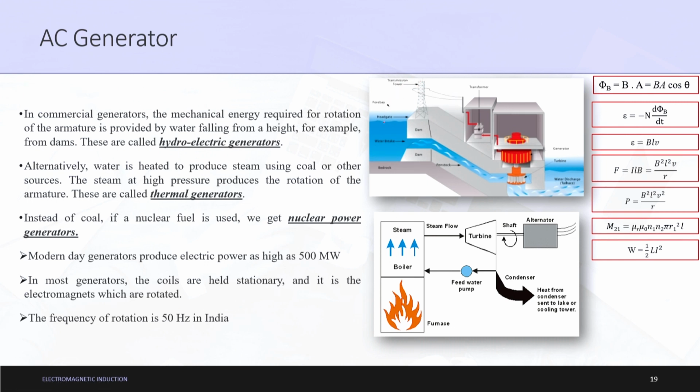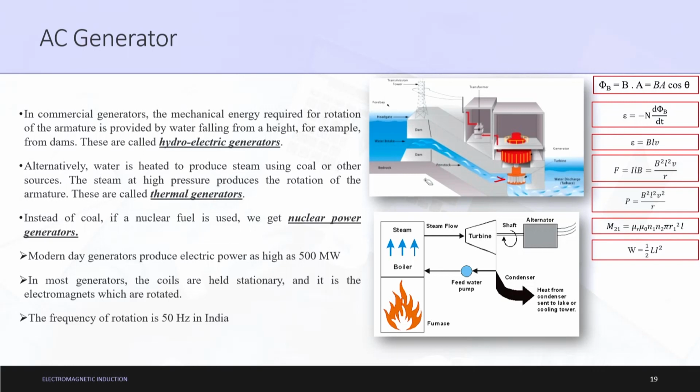Then as you can see this is a dam, this is a typical dam, the water goes inside from here, and due to the potential energy being converted into mechanical energy being supplied to this turbine here, the turbine rotates, and hence in the generator there is a change in the effective area. Because of the change in effective area there is EMF produced. So, this was one of the examples of hydroelectric generators. Next,